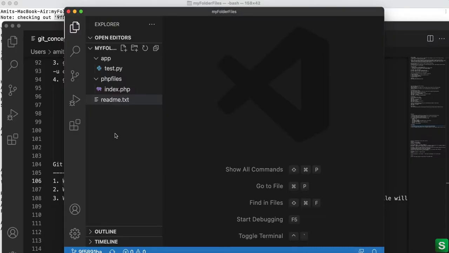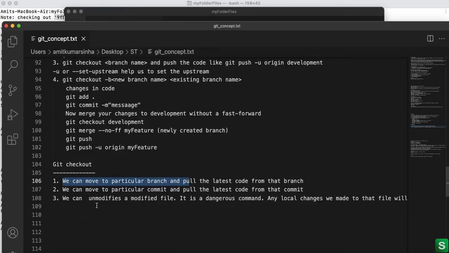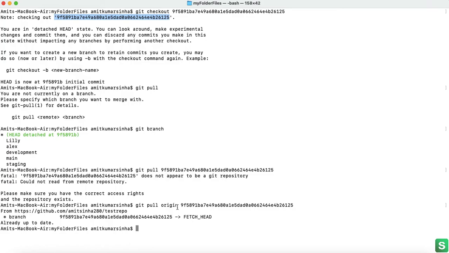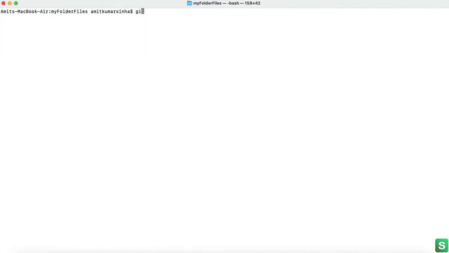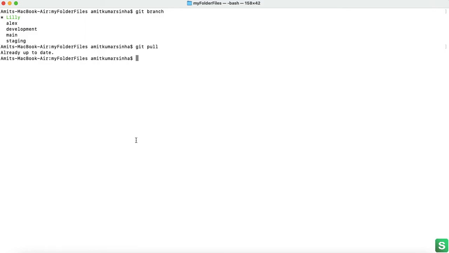What next? Okay, we can unmodify the modified file, so this is very important. So first git checkout, come to Lily. So git branch, where I am, Lily. Now use git pull, it will pull me the latest code.